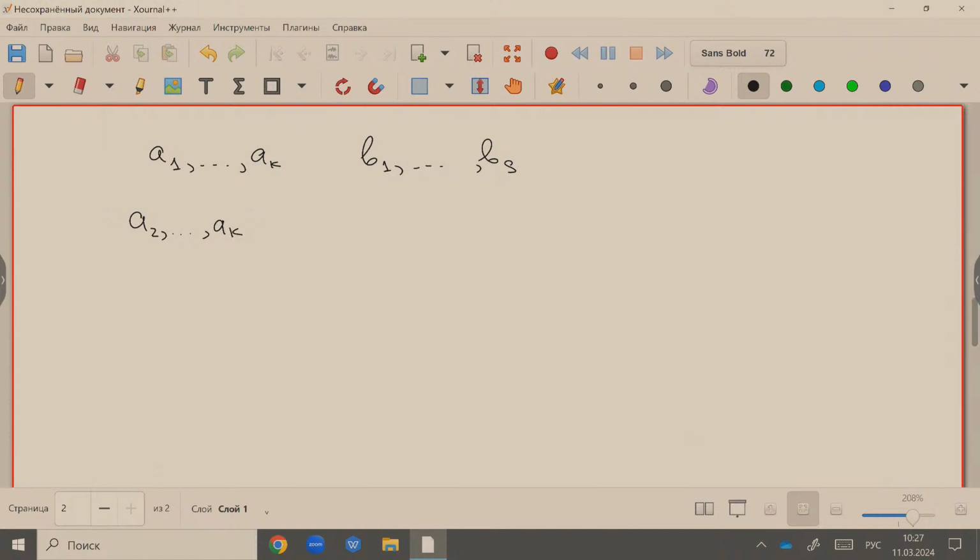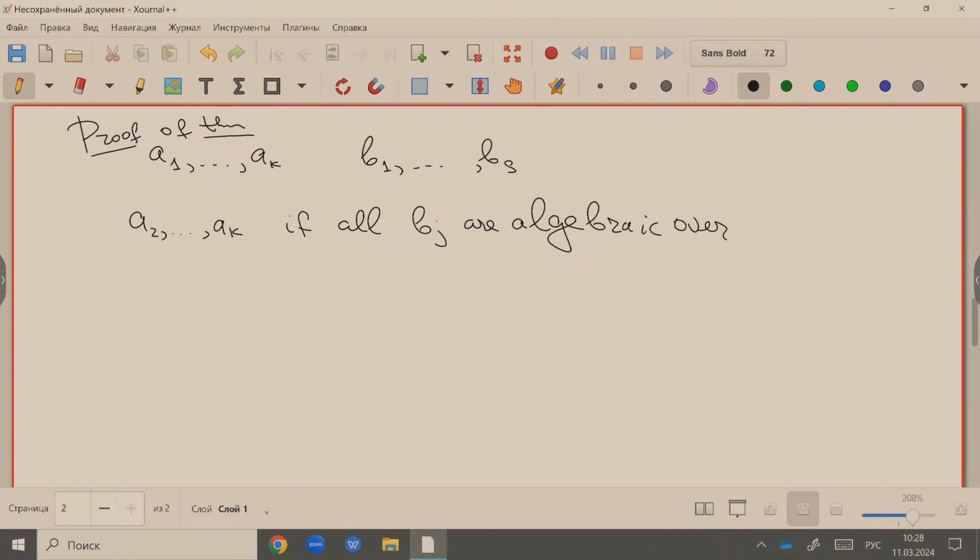So if all Bj are algebraic over A1 to AK, so if they are dependent on them, yes, then you see that if you take the algebraic closure of this set, it will contain the set of B1, ..., BS,